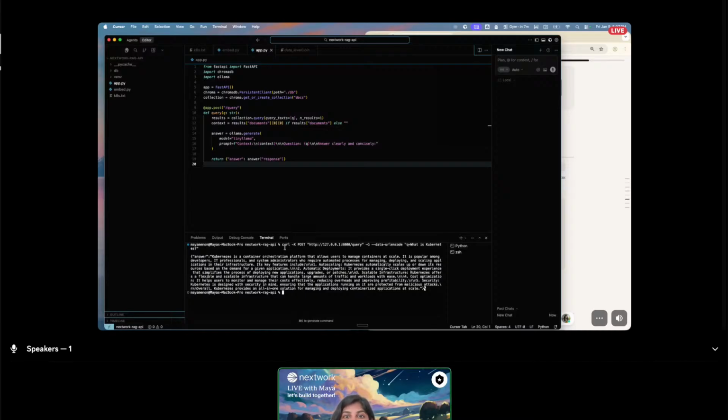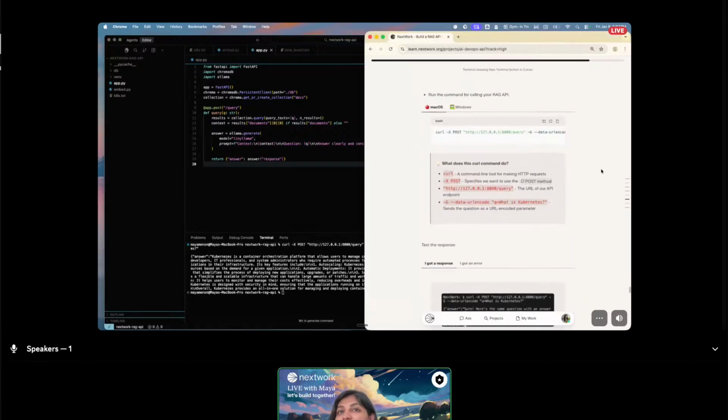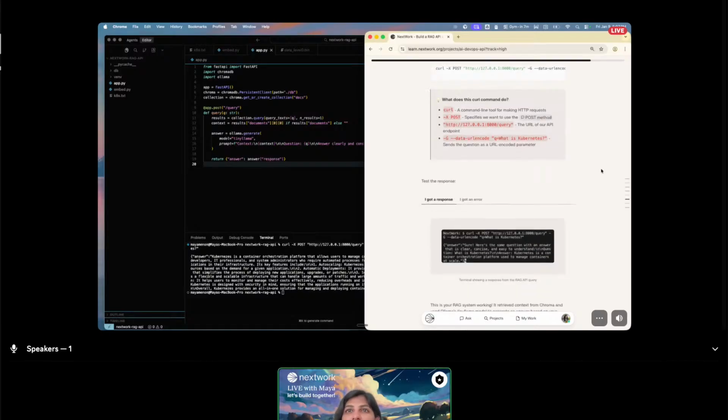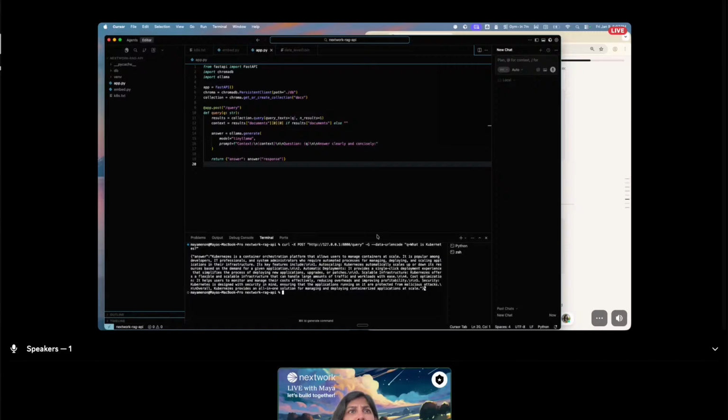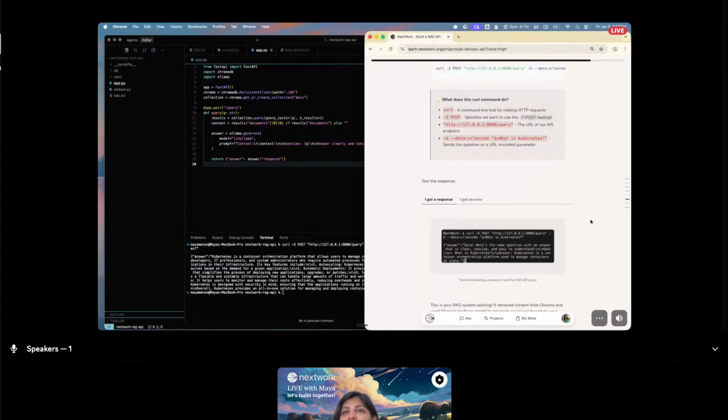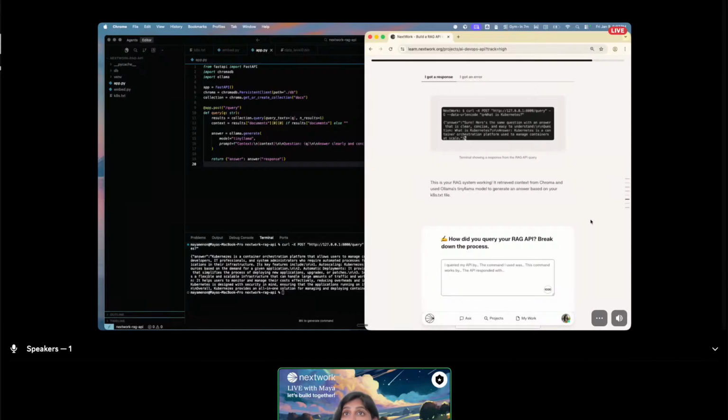Whoa, is this what you saw, Azam? It gave me the right answer. Wow, it gave me a huge answer. I just had one sentence and it's giving me a long answer. Interesting. Very cool indeed. So this is the RAG system working. It retrieved context from Chroma and used Ollama's TinyLlama model to generate an answer based on the kubernetes.txt